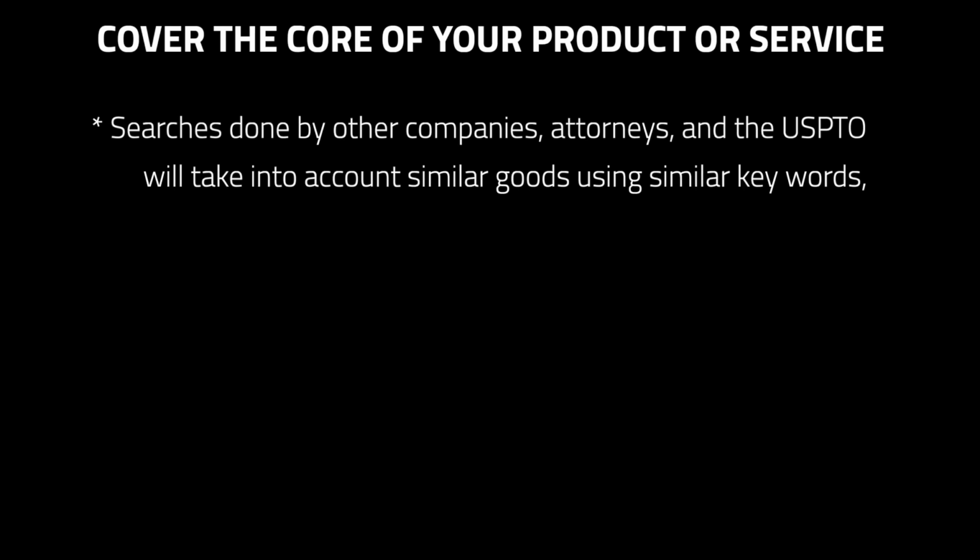If you had an unlimited budget, sure, filing in 5 or 6 or 7 or 10 classes might make sense. But assuming, like most businesses, they have a budget for legal and a budget for intellectual property protection, I generally think that covering a core class or 2 is appropriate in most cases, because the searches that others and USPTO examiners will do online aren't limited to just one class. Sometimes a search will be directed or concentrate in one class, but the keywords in describing a product or service are also an important part of doing a proper and thorough search.